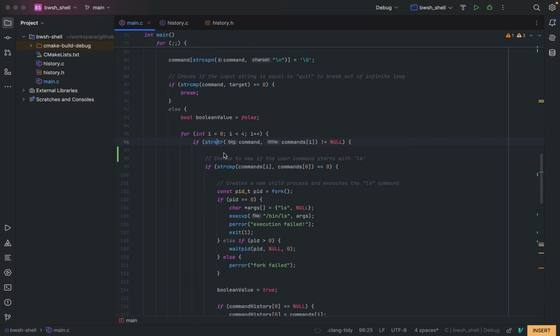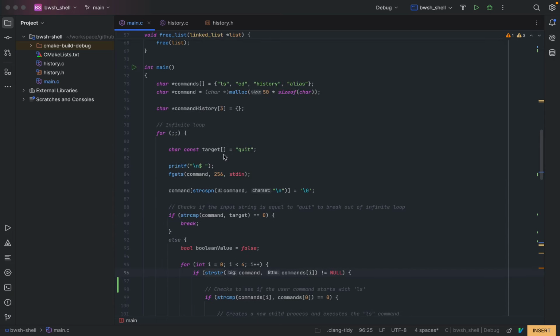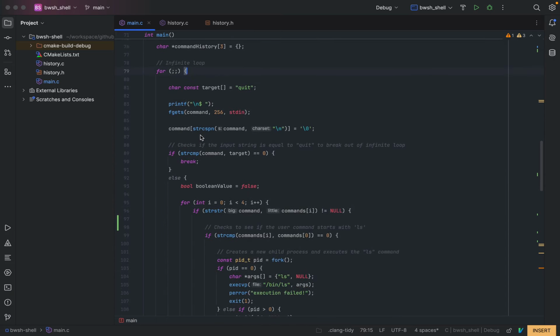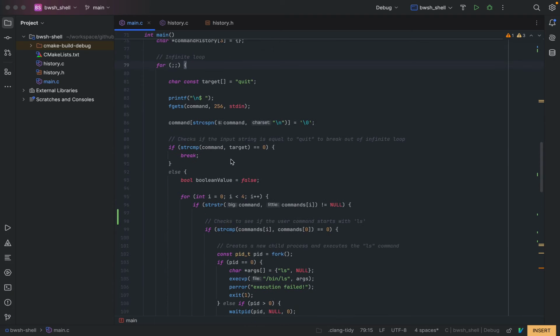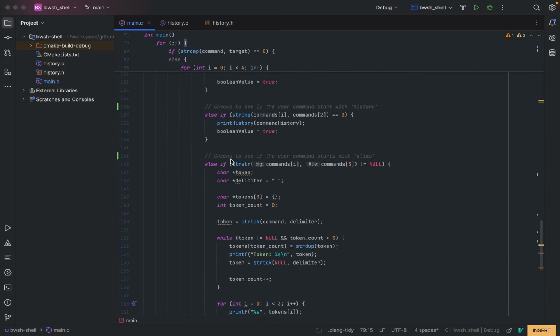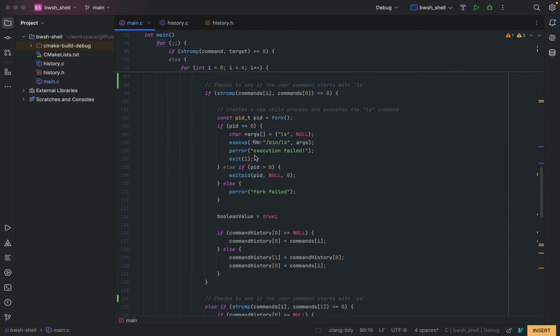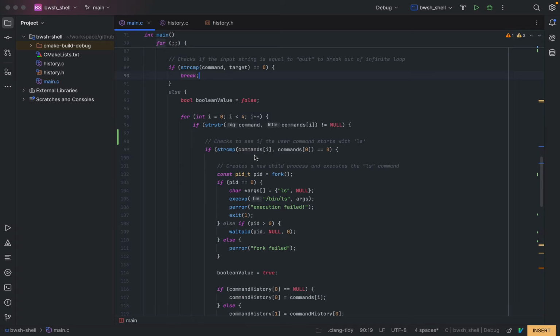Are loop termination conditions obviously invariably achievable? Yes. So to break out of this infinite loop, like I mentioned earlier, it checks to see right here if the string is equal to quit to break out of it, and does that right here, breaks it. And then even down here,